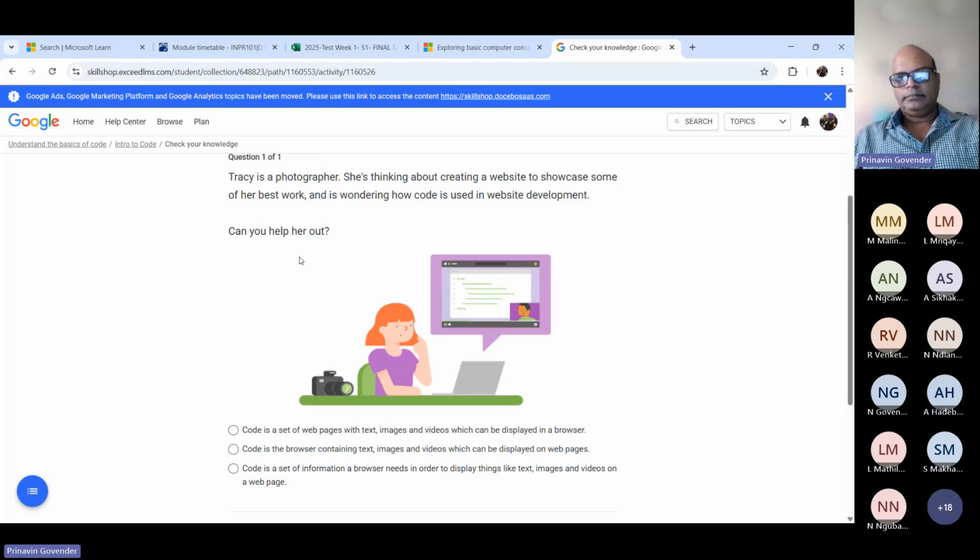Mr. Malinga? Yes, sir. So Tracy is a photographer. She's thinking about creating a website to showcase some of her best work, and is wondering how code is used in website development. So the first one says, code is a set of pages with text, images, and videos which can be displayed in a browser. The second one says code is the browser containing text, images, and videos. Code is a set of information a browser needs in order to display things like text, images, and videos